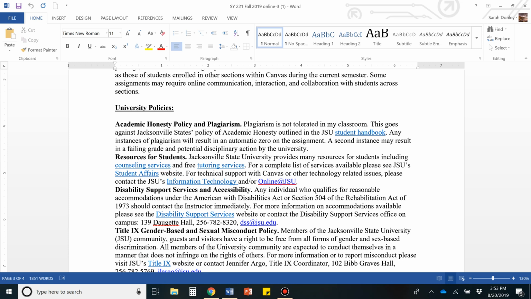Because if you turn that in to me like that, and I see a substantial part of it is from somewhere else, you will get an automatic 0 on that assignment. No ifs, ands, or buts about it. An automatic 0. And I'm pretty hardcore about this policy. And I've also created, as I mentioned earlier, the plagiarism activity, which details what plagiarism is,